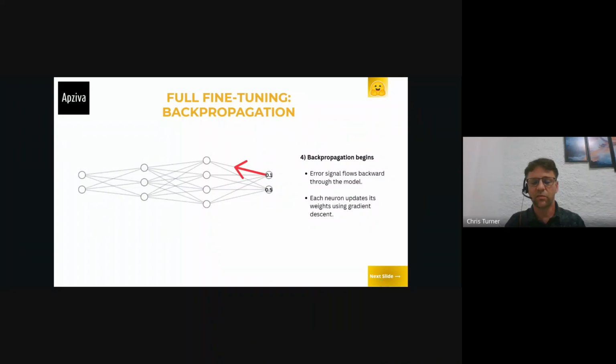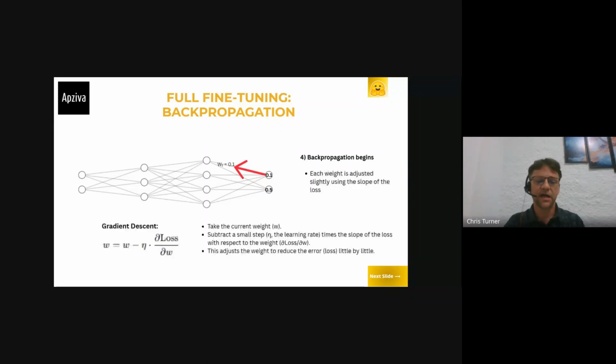And so how does it know which way to adjust these weights for each of the connections? That's by using an algorithm called gradient descent. Gradient descent uses a little bit of tricky calculus, and so this could be a whole talk in itself.